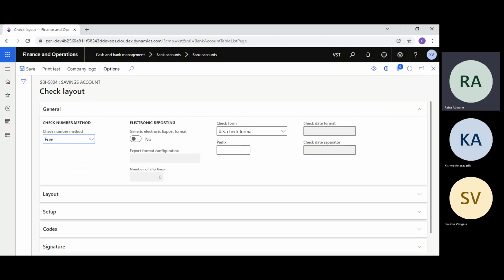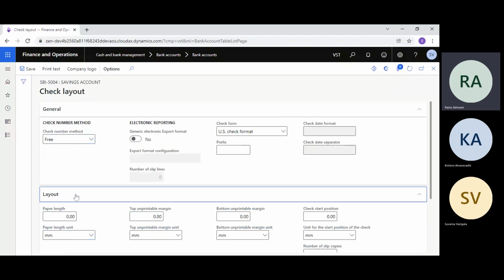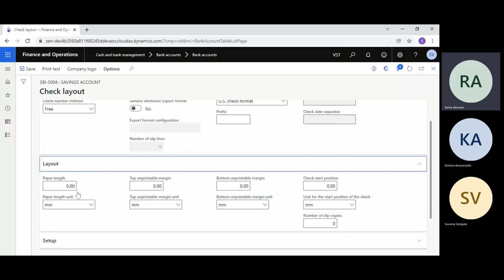Now there are two types of layout, fixed and free. And then the size of that layout, what size it should be. So it depends on the requirement. We have to set up this layout for checks. It is a little technical and a little functional part also, where we should know the total length of the page, what is the top margin, what is the bottom margin.